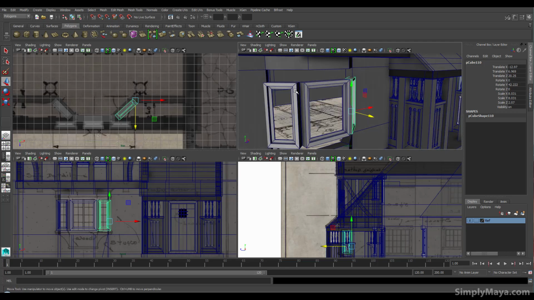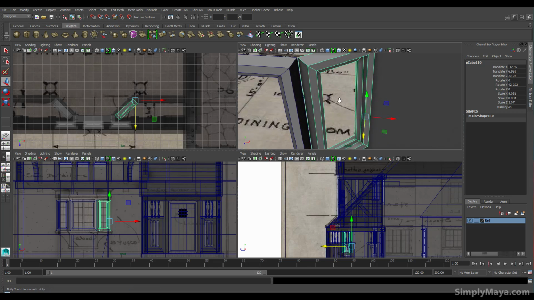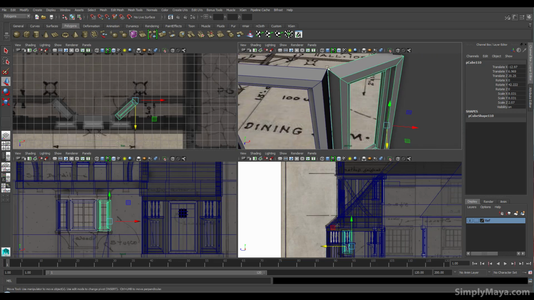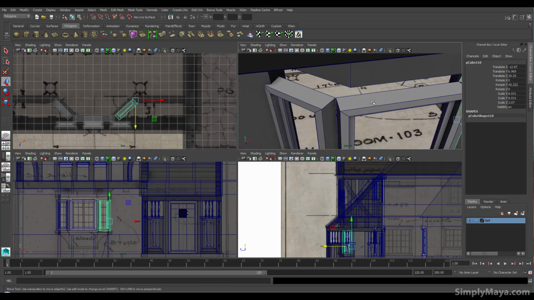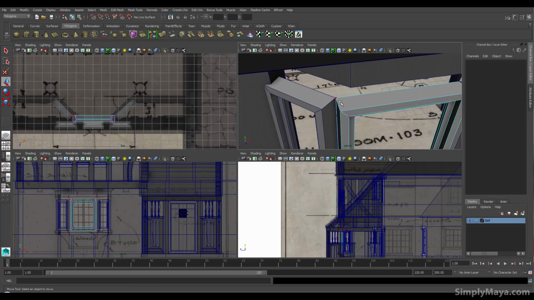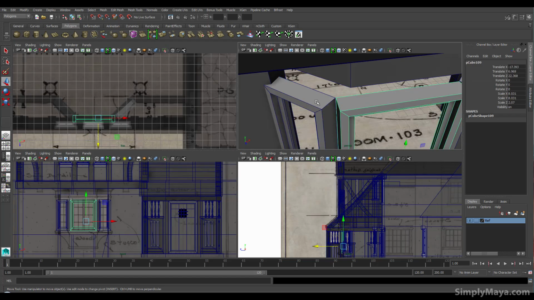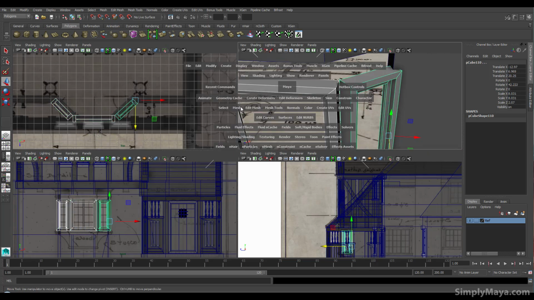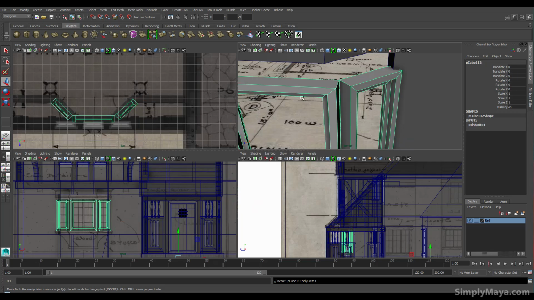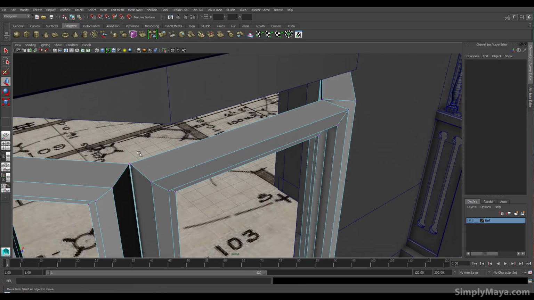Now we're going to need to kind of fill in these holes because you need a fair bit of draft excluder for this window at the moment, and in order to do this I'm going to merge these verts together, but you know, I can't at the moment. If I go into vertex mode and then try and go into this one and go into vertex mode, I can't get both at the same time. So I'm going to select all three objects and go to Mesh, Combine. Okay, this will combine the objects, so now when I go into vertex mode I get the vertex for all